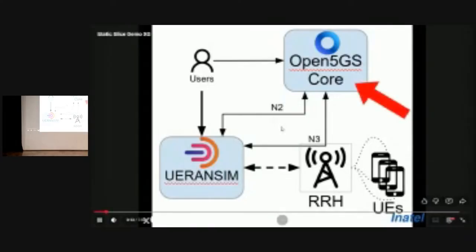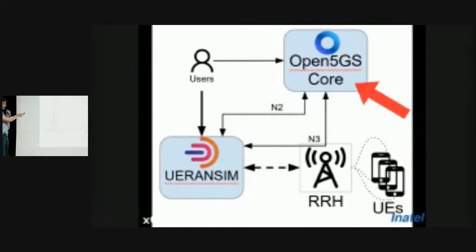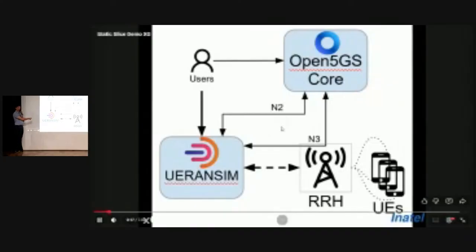Yes, I complement Gustavo. In this demo we use Open5GS, but we tested other open source cores, for example, free5GC and OpenAirInterface. And the RAN and UE simulation is the same.